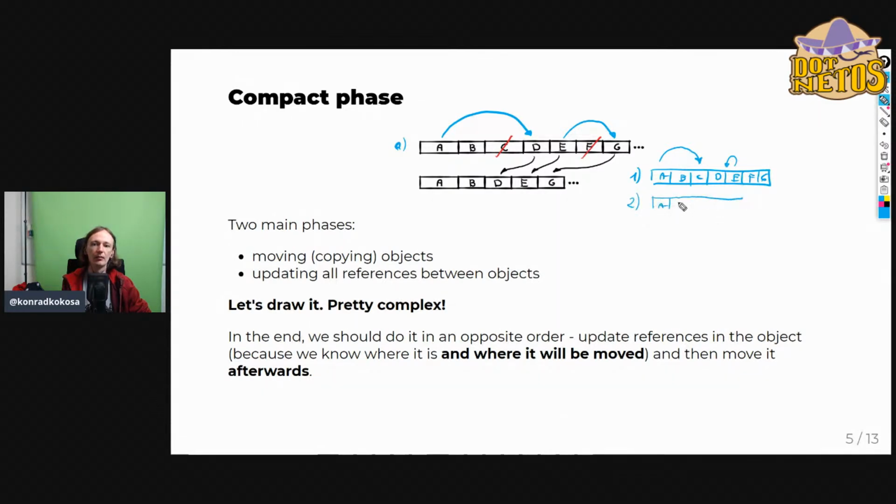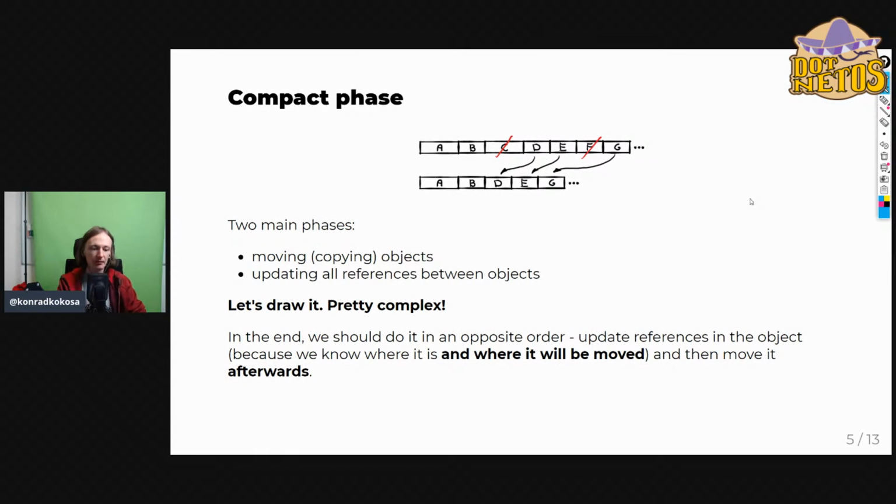So we will have A, B, C, and so on, pointing to D. No. Oh my God, no. Okay, A, B, D, D, A, and G. Ad hoc drawing, which is not perfect, but in the end it is almost correct. I didn't manage to draw it properly, but all those references are there and they are correct because we have set them to have proper future addresses and we have a correct managed heap in the end. I hope it is clear. I at least tried to explain it